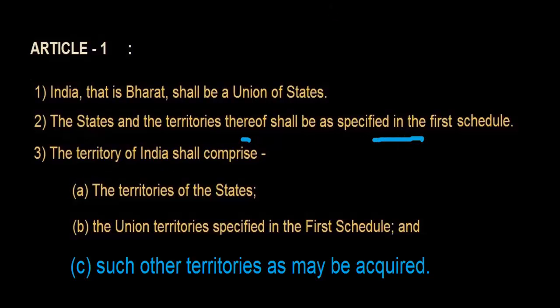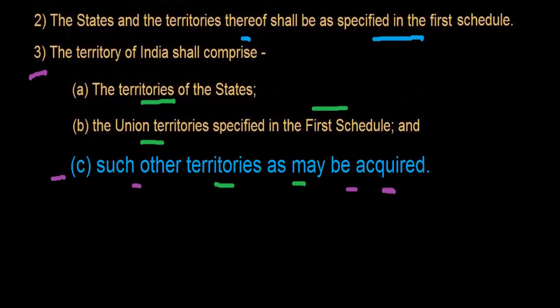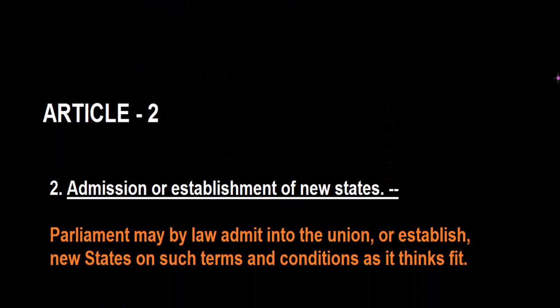The territories of India shall comprise the territories of the states, the union territories as specified in the first schedule, and such other territories as may be acquired. Article 1 in itself is very much silent on how these territories shall be acquired. That is, Article 1(3)(c) is silent on how these territories should be acquired. To give an answer to this silence, the immediate article, Article 2, comes into effect, which says that the admission or